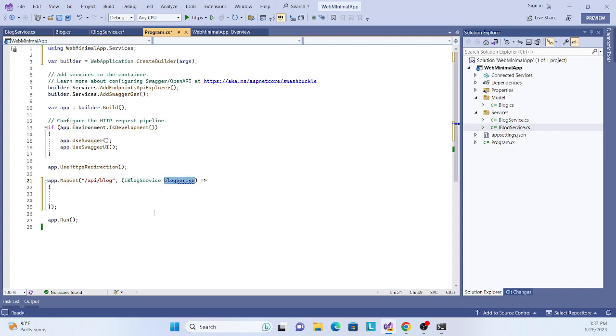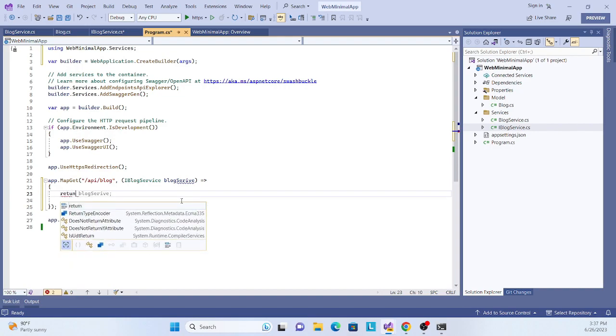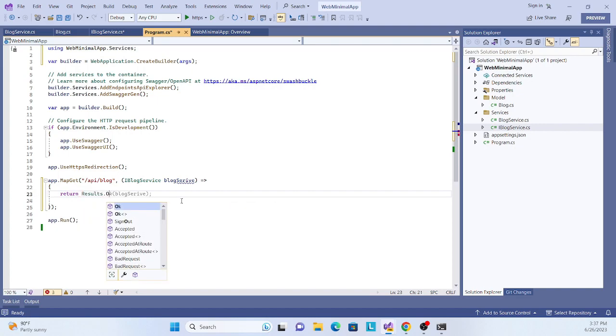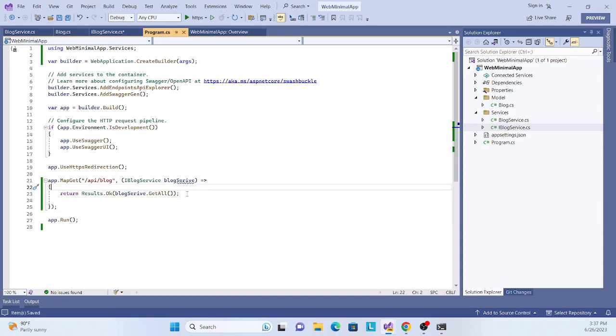We inject our service, BlogService, and we can directly return the result dot Ok, and blogService dot GetAll. This is a list. This is how we can achieve it in the GET endpoint. Let's try to run it, because